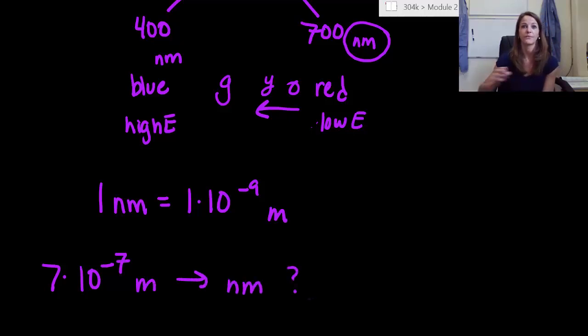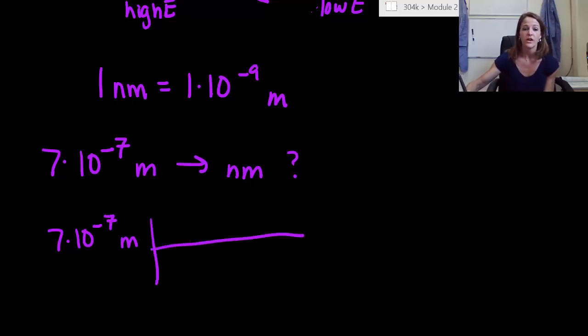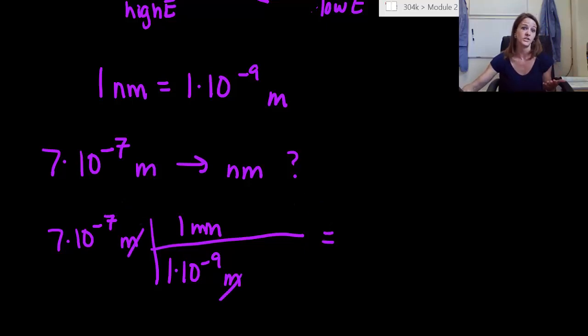Go. Did we get an answer? Hopefully we did. We had to do a little bit of dimensional analysis here in order to convert, but let's just do it together just in case we got a little tripped up. The first thing you do is start with 7 times 10 to the negative 7 meters. We know that for every 1 times 10 to the negative 9 meters, we have 1 nanometer. And so our meters cancel out, we're left with nanometers, and when we take 7 times 10 to the negative 7 and divide it by 1 times 10 to the negative 9th,